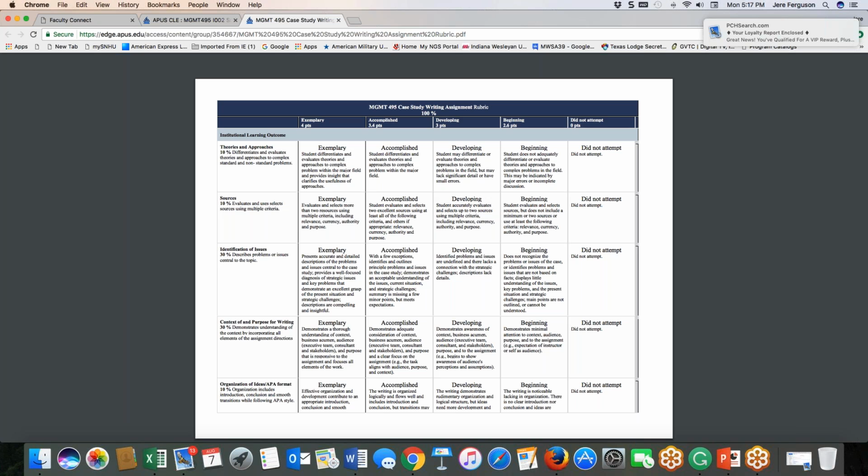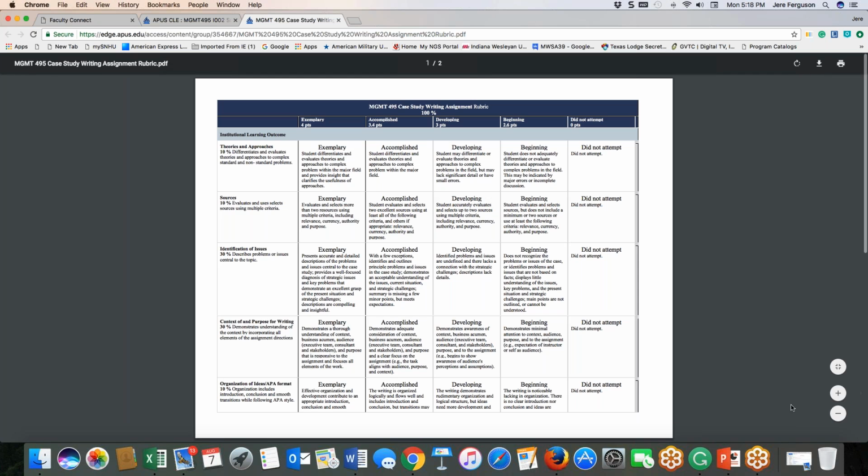Anytime you make a statement of fact or something that implies a conclusion, there must be a citation to defend it. You can't say, for example, transformational leadership is an effective tool that allows managers to take advantage of the skill sets of their subordinates. All that's true, but that kind of statement is a statement of fact, and it requires a citation to defend it, which means a reference.